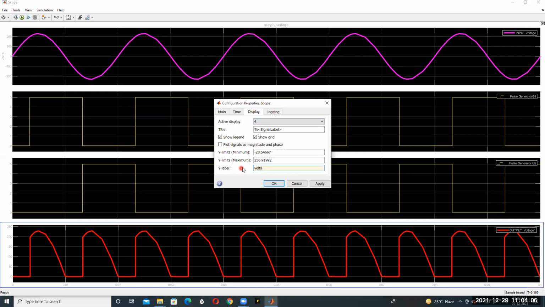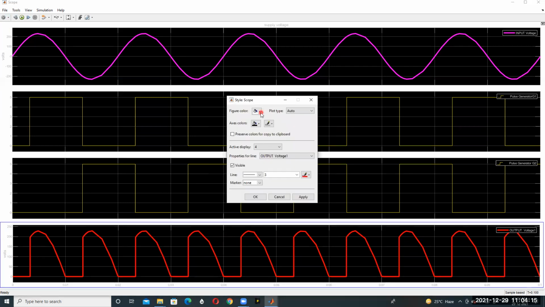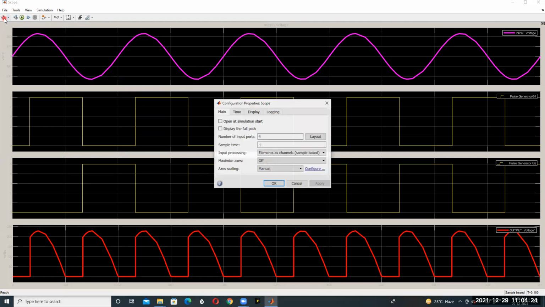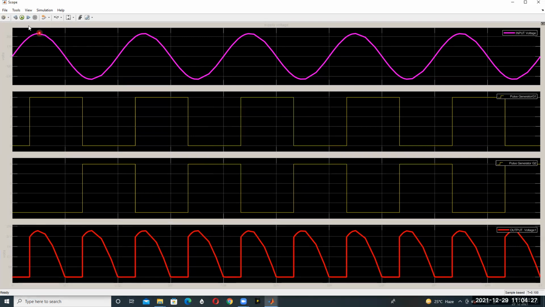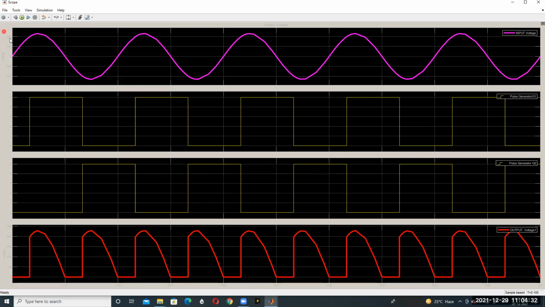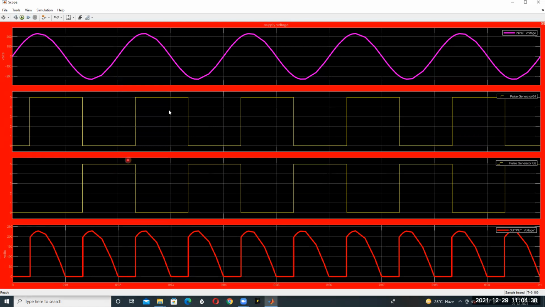By pressing this Y label, volts will appear here. And by changing the color, for example this color, the background color will change like this. For example, I'm changing to another color. Not this style; under this style, press here and then apply. It will change the background. The waveform has changed. Like this, we have to execute this experiment and change the colors of these different types of waveforms.